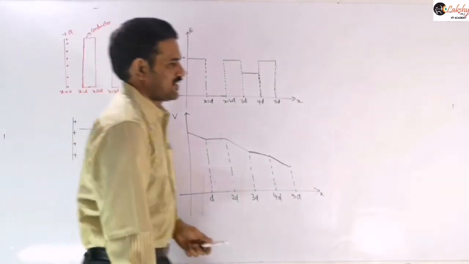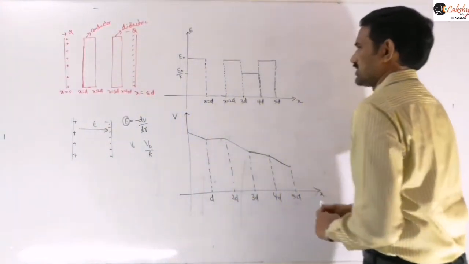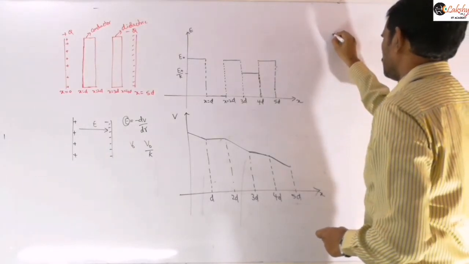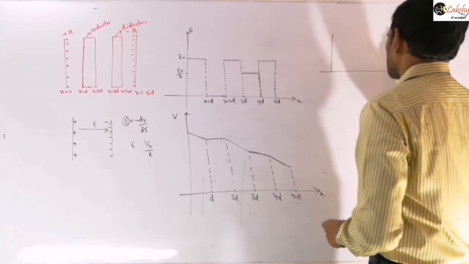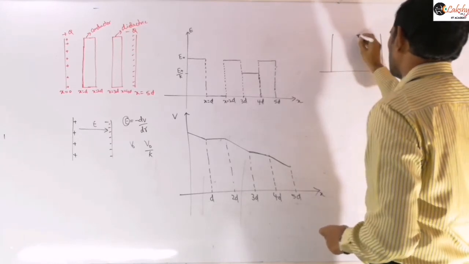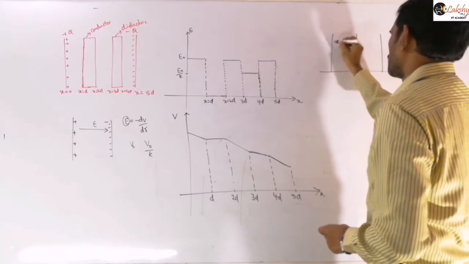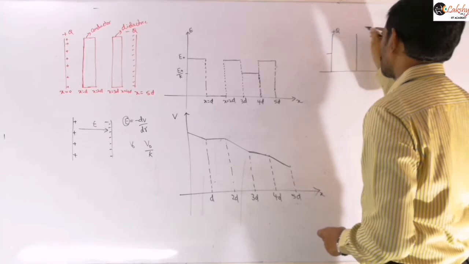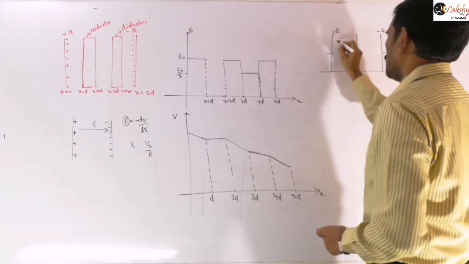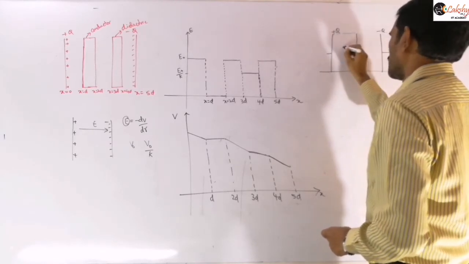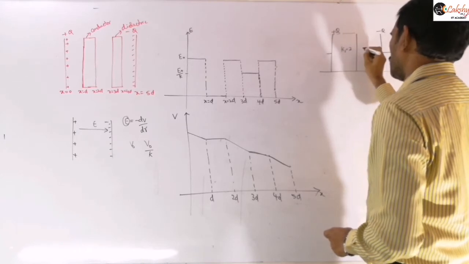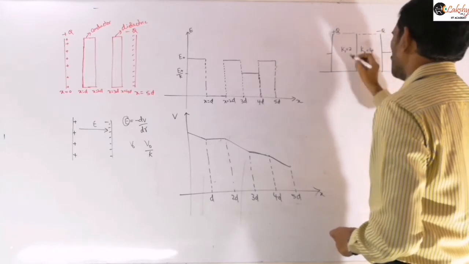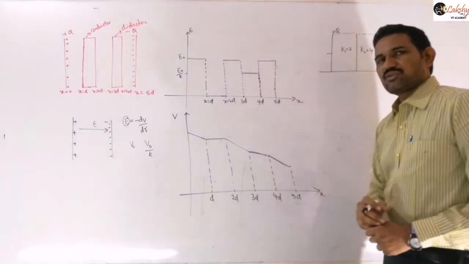Or sometimes they will ask only that field graph by inserting some dielectrics here. Suppose this one plate is placed here and the other plate is placed here. That means half of this is one plate of this capacitor, and this is the other plate of this capacitor, having, say, positive charge Q and minus Q. Now this is completely filled with dielectric material, K1 is equal to 2 and K2 is equal to some 4, right? That means these are the two dielectric materials inserted here.